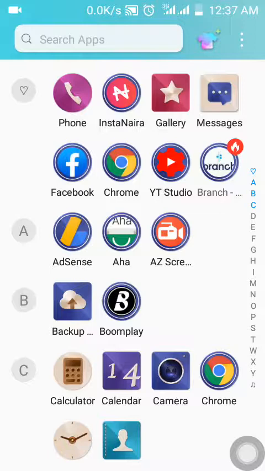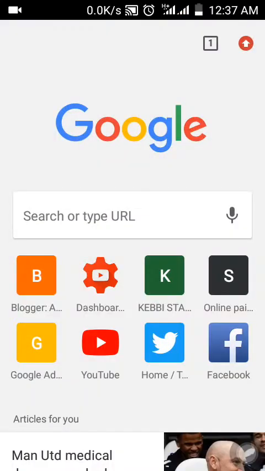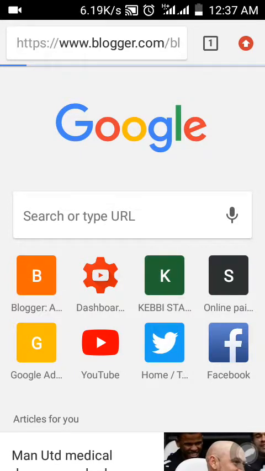Our tutorial today is how to insert ads into a post, not between the posts, but into your post. First of all, you open your Chrome browser. When you open your Chrome browser, you log into your Blogger site. When it is finished loading like this,